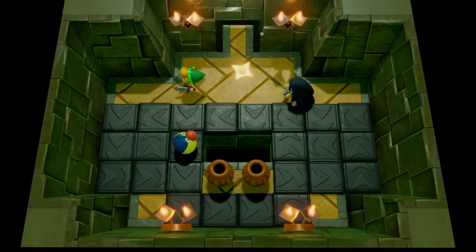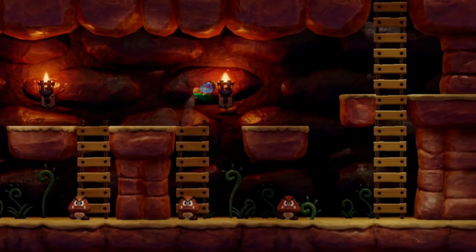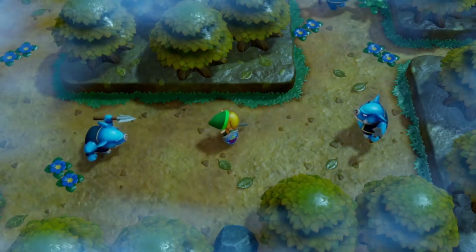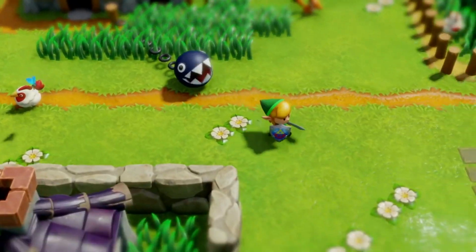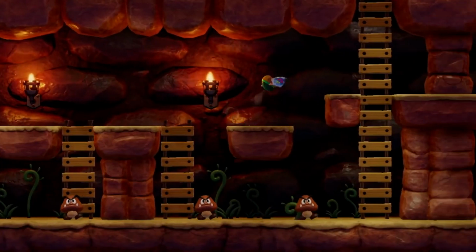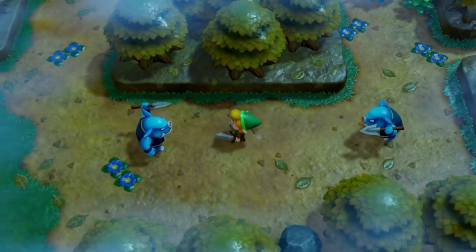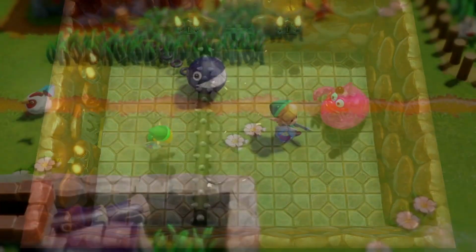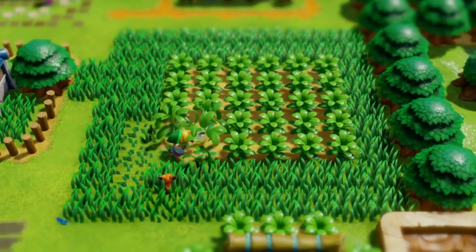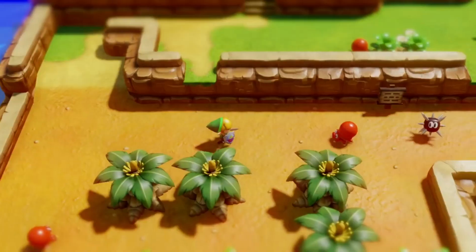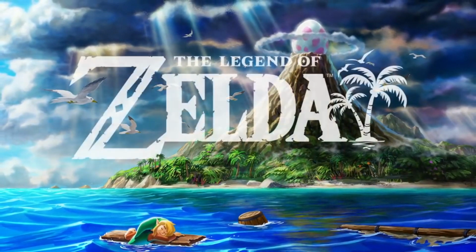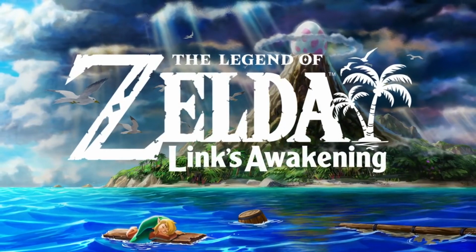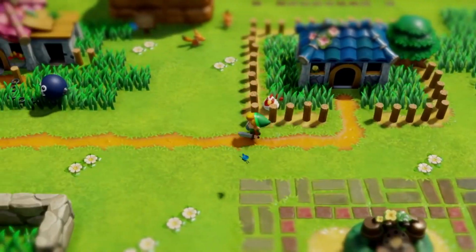So to me, having a really realistic style would just be bizarre. Could you imagine having a realistic style and then coming across a Chain Chomp or a Goomba? Like, it would just be weird. Or a Cheep. The presence of these Mario enemies in the game should signify that this isn't a regular Zelda experience. This is Link imagining something in his head. This is a dreamscape, and a dreamscape doesn't usually have hyper-realistic graphics.